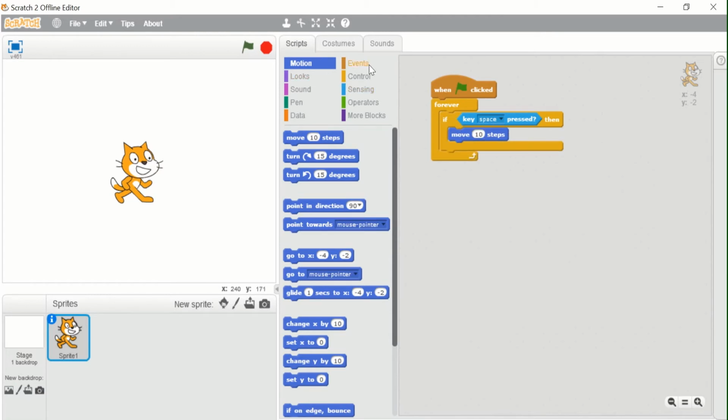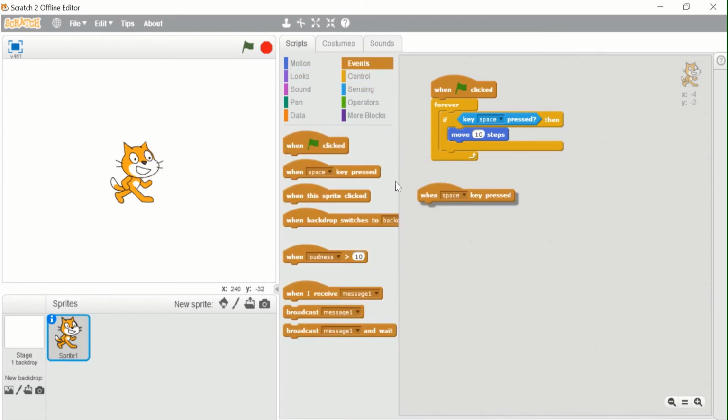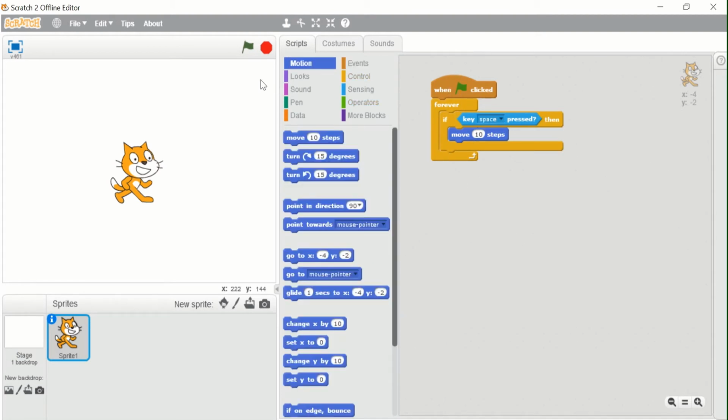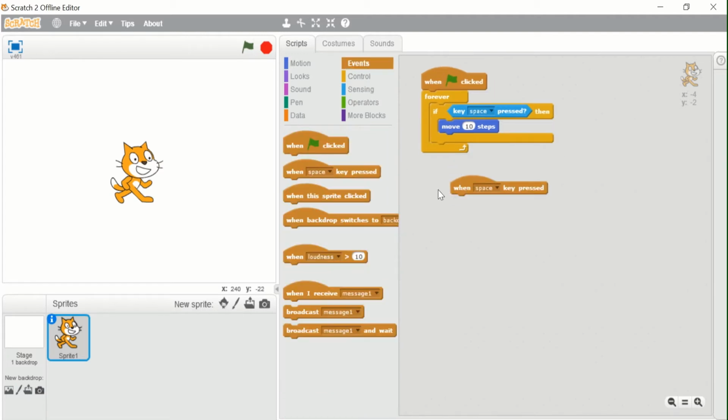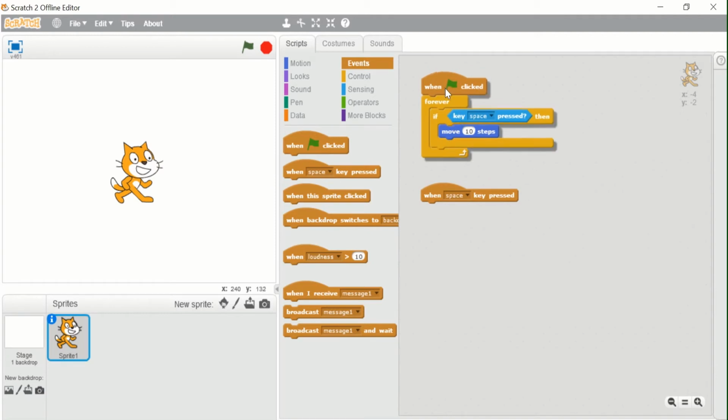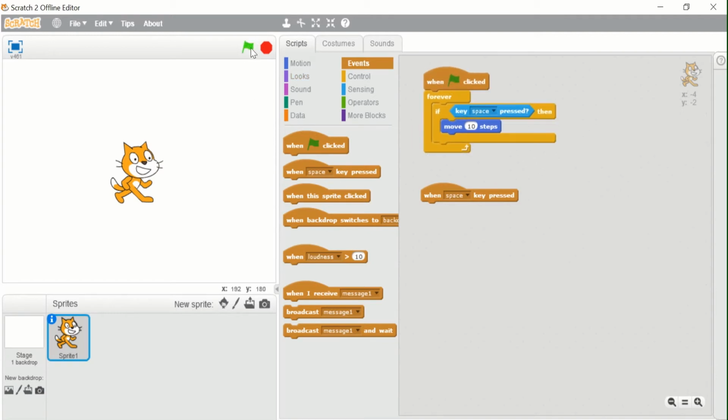This is somewhat similar to this, when space key pressed, but this is only one block doing the same thing, whereas here we are doing this long script. What is the difference between this and this? This script will only run when the flag is clicked.